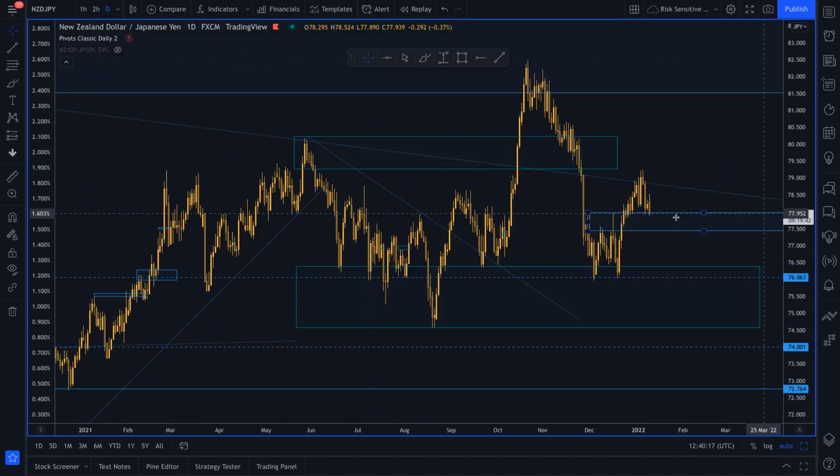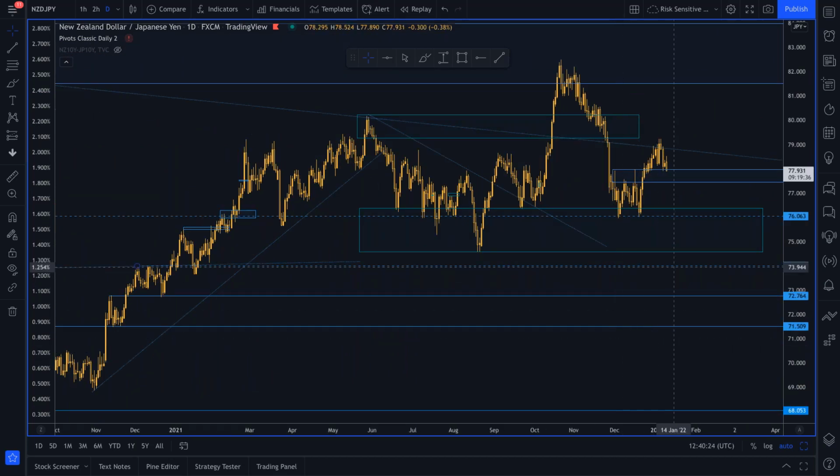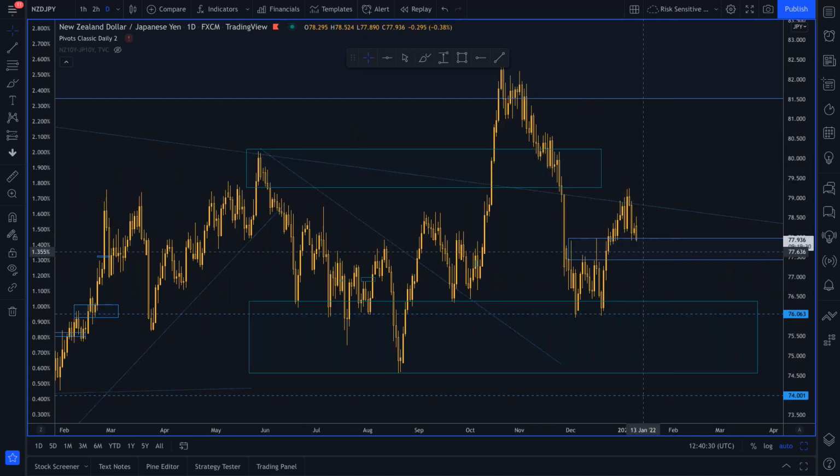Okay, so here are the two ways in. One, expect buyers around that region. Stops can just be run the other side of 74, around 73.90, looking for a move back up to 82 and beyond. So if we see buyers start stepping in here, this is a false break, a Harami inside bar, and we close above the previous day's candle, then that's suitable to go at market at the end of the day. Stops just below the recent low.